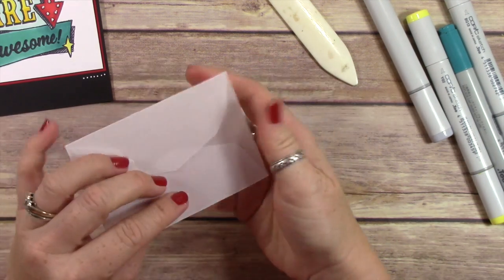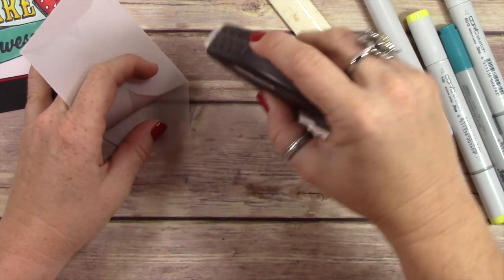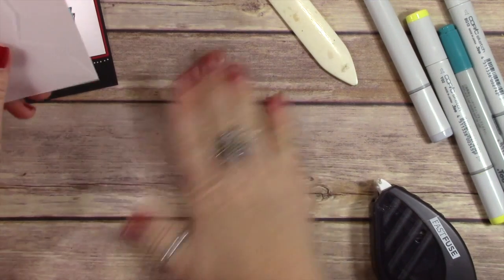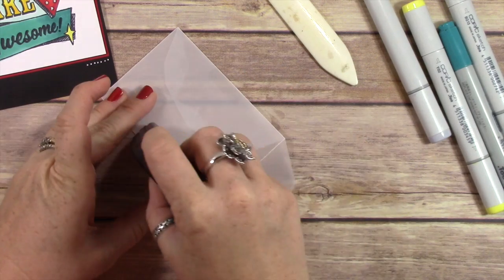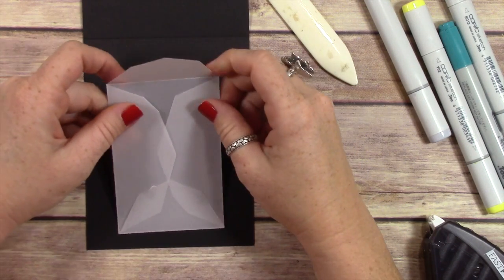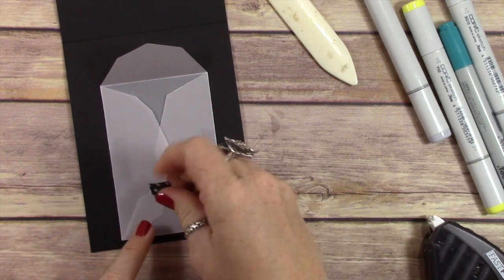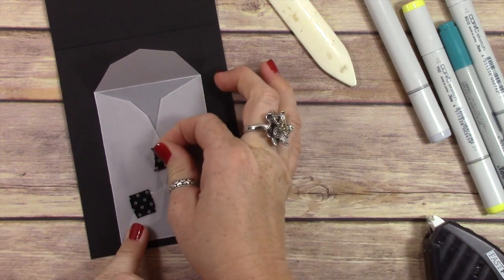So here I'm just making sure that that top opening flap will bend out really easily, and I'm adding some fast fuse adhesive to the bottom because you really don't need a lot of adhesive on this because the vellum naturally wants to stay closed after you use the bone folder and burnish it. Then I'm adding some adhesive on the sides on the back of it, and I'm going to stick it down right into the center of the card on the inside. And now when they open it up, they'll be able to just reach in and pull out their little gift card. I went ahead and added some washi tape from the Pop of Pink washi tape just for reinforcement,